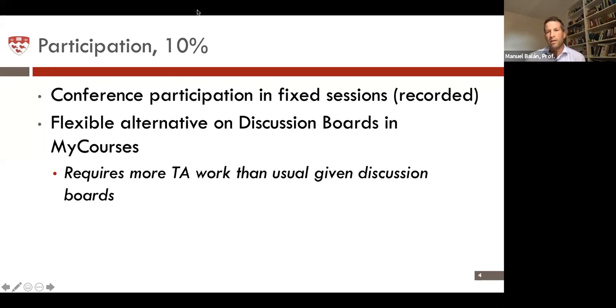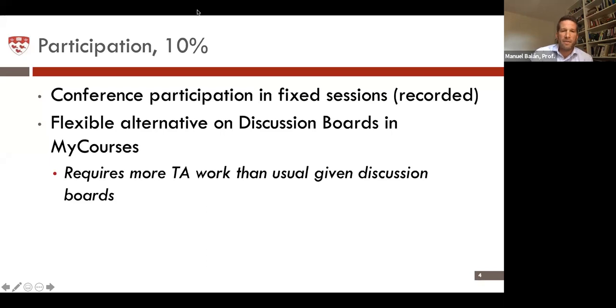I'm consulting with ITS in terms of how to make discussion boards that are specific to each conference. So I don't want a huge, massive discussion board for all 170 students. I want them to be grouped into their conference groups of about 20 students and have them discuss at that scale. I think that is, first, pretty important for engagement, but also, logistically not as straightforward as you would think. So you may want to get indications on how to do this specifically if this is what you're planning to do as well.